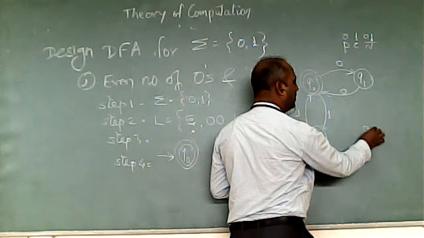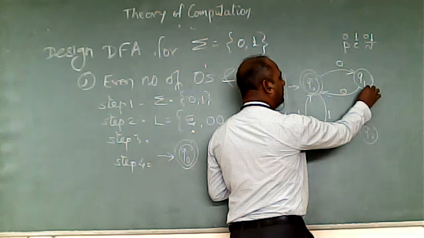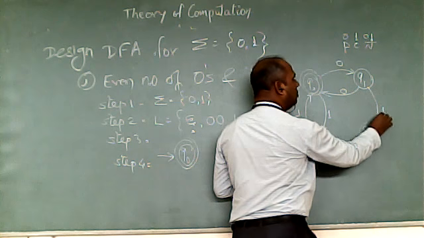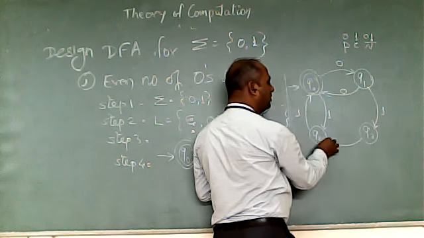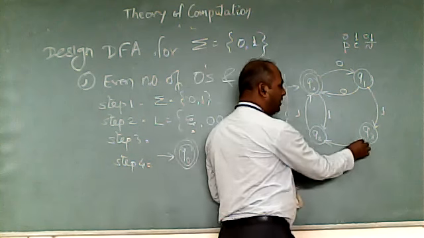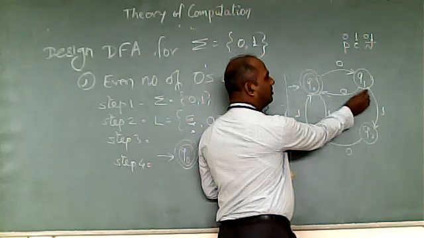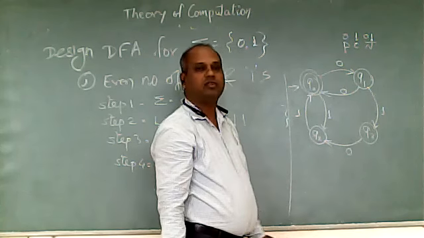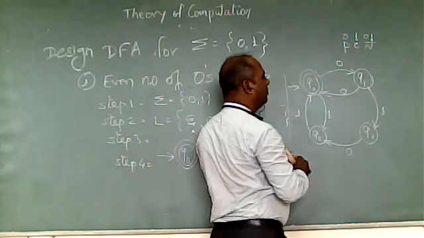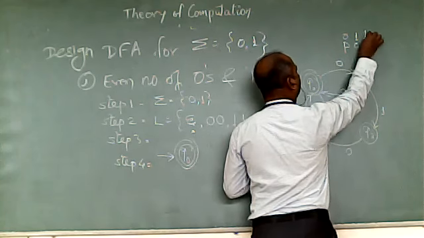So what I will do is take one more state called Q3. I will make a 1 transition to this so that with 0 and 1, I will reach the final state. So I added one more state, Q3, which with 0 and 1 reaches the final state. So the 1 transition of Q1, I am making to Q3. So that is about 0 1. But 0 1 is just one possibility; I can even add 1 0.